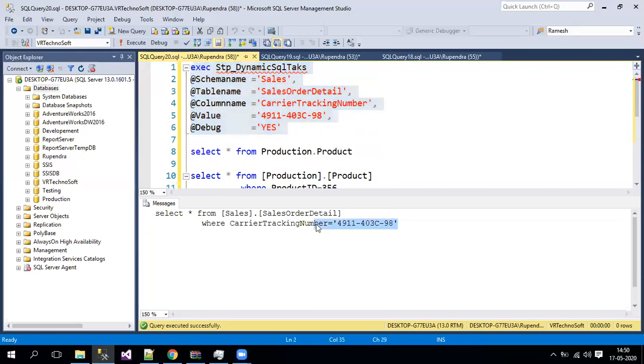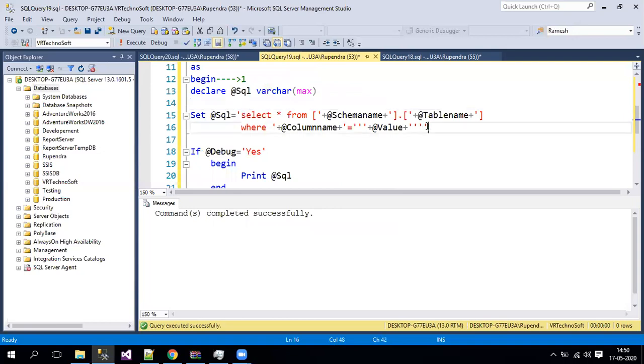People always get confused with single quotes or double quotes whenever they are writing queries. No worries, you just keep the single quotes over there, print that select statement, and see whether the single quotes are coming or not. If not, you just go and increase the quotes. Whenever you are increasing, just make sure that this should not come in red color, which means the quotes are not sufficient there. You just keep increasing and see whether it gives the proper quotes or not. Let me execute and we'll get the quotes, right?